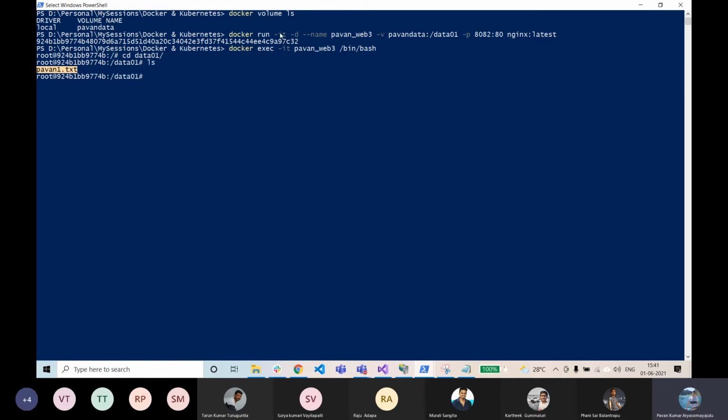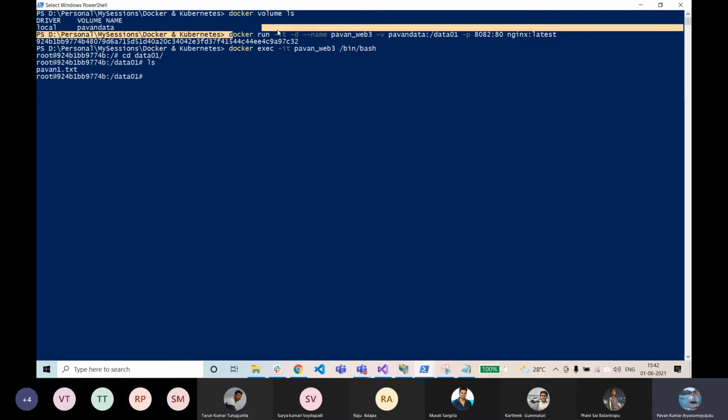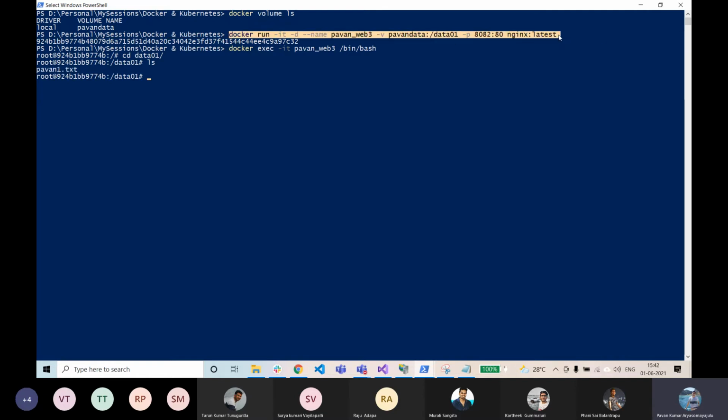In a similar way, let's say we created an SQL Server container or something like that, and then the container stops. Usually whenever you restart your Docker instance, the containers get restarted. Or if there is an issue with this particular container and it got stopped, when you try to recreate it and make use of these volumes, the data is kept. Otherwise the data will be lost, right? So yesterday we saw the same example. So any questions?